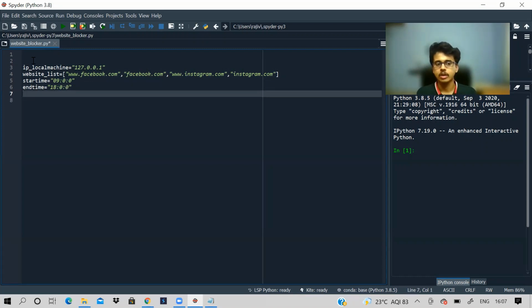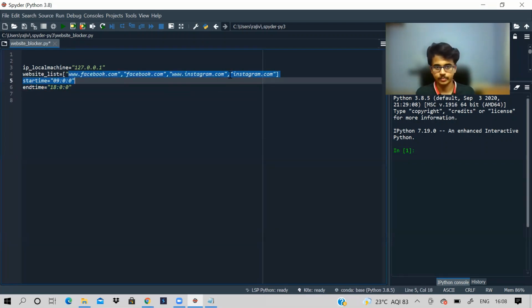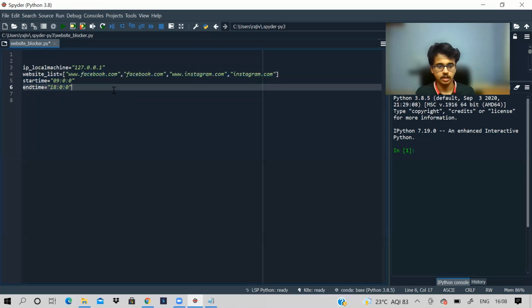So we have now a specific time, and from when the clock hits 9 o'clock until it touches 6 o'clock, we should not be able to access these websites. Fine. But how do we get the current time?